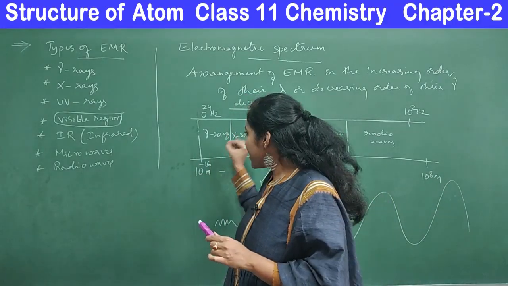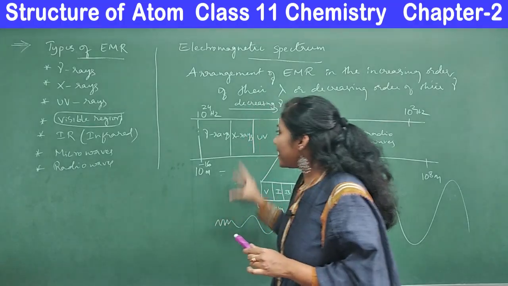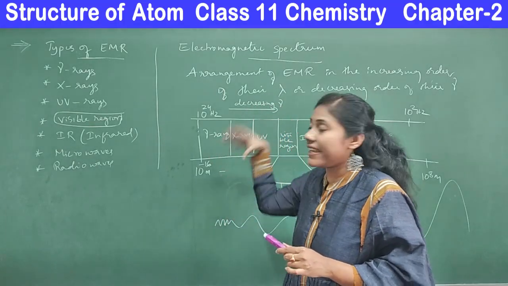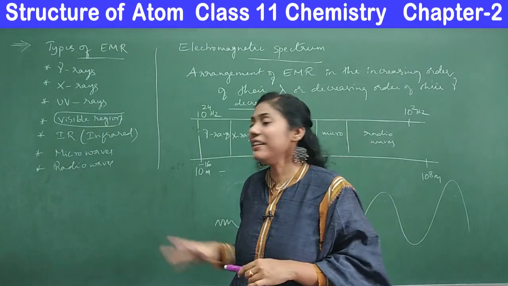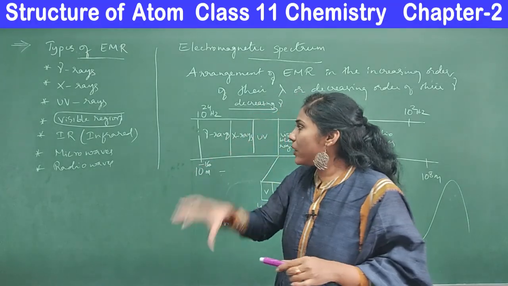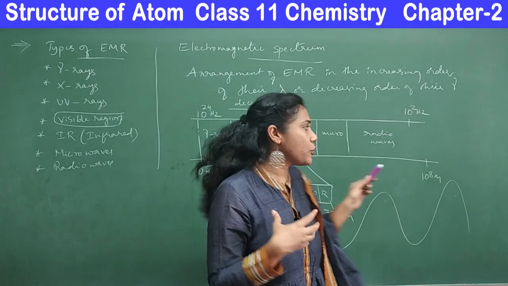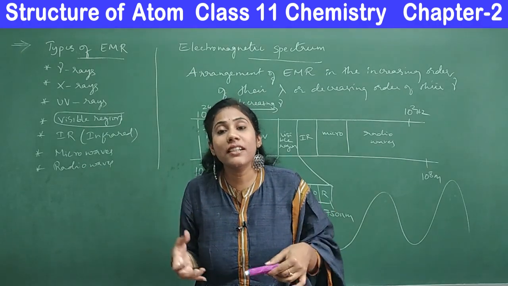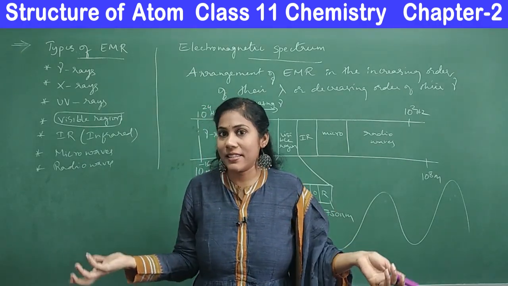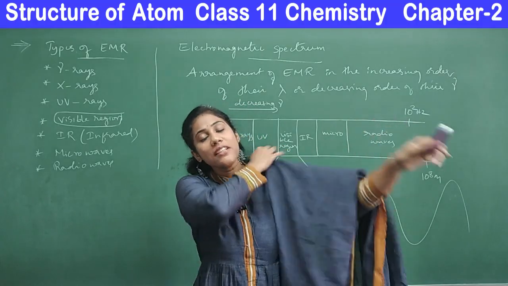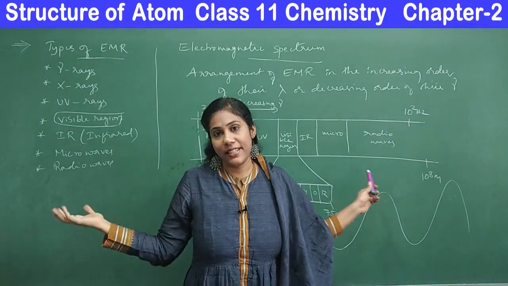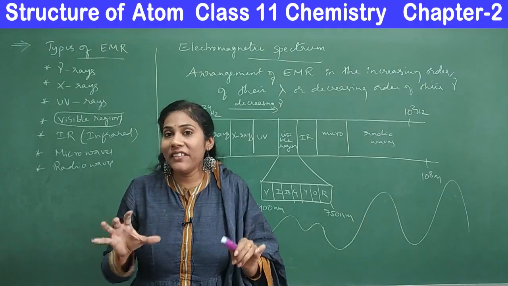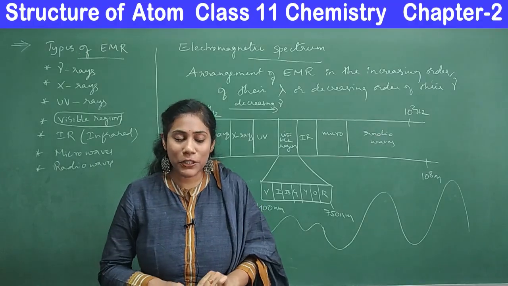Clear? Since they are very small waves and they travel with high speed, that's the reason we say they have very high energy. Right? It depends. Some bodies would produce X-rays, some bodies would produce radio waves. It depends on the object, on the internal heat energy that the object has. So different objects would produce different radiations like this. Right? So this is all about the wave nature of electromagnetic radiation.